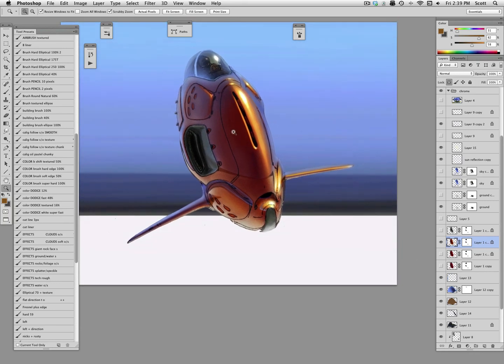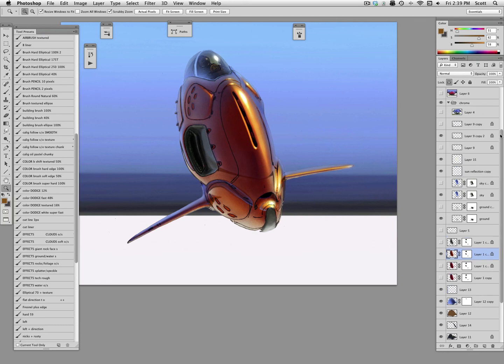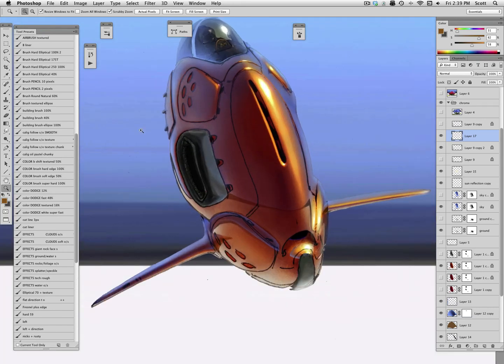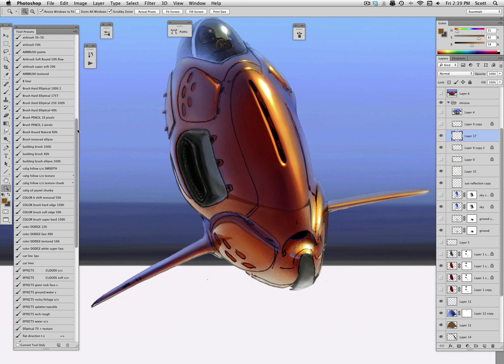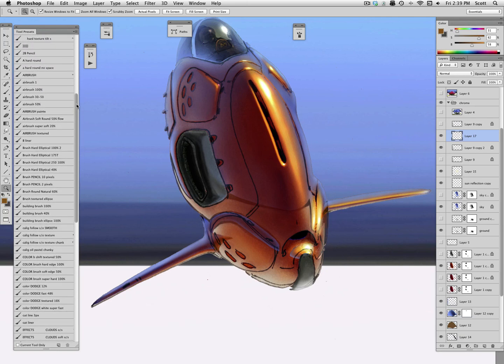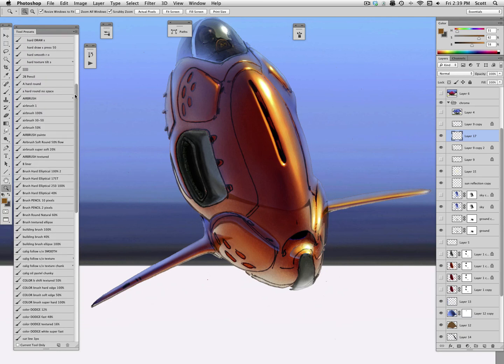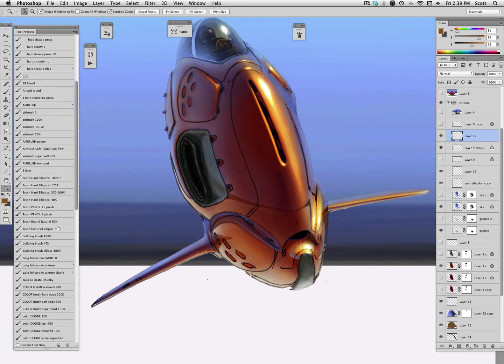I should probably tighten this thing up just a little bit while I'm here. Let me just throw a new layer on top. Just now that I look back at it, I did this one a little while ago. Let's just grab an airbrush. I just want to tighten up these guys a little bit. These things are supposed to be, you know, holes, and maybe there's some matte black material in there. They're just a little